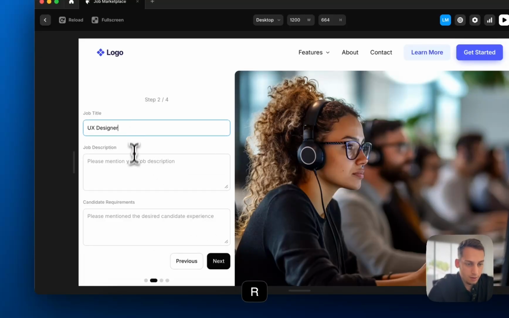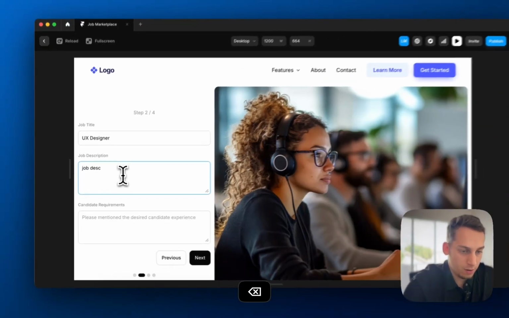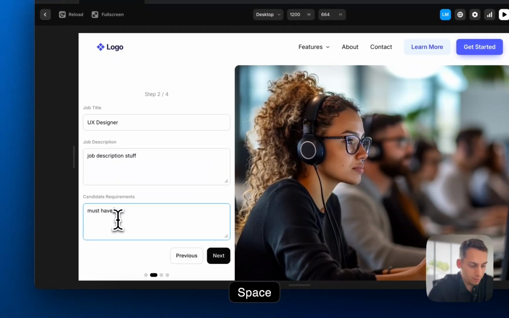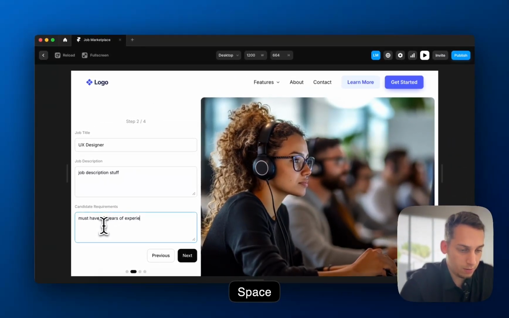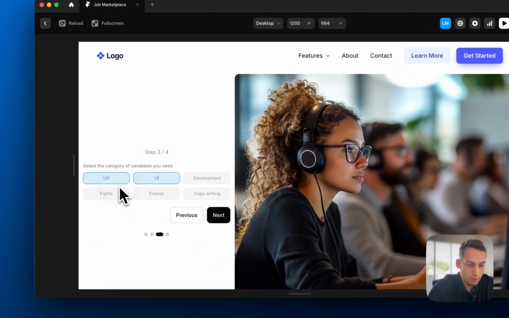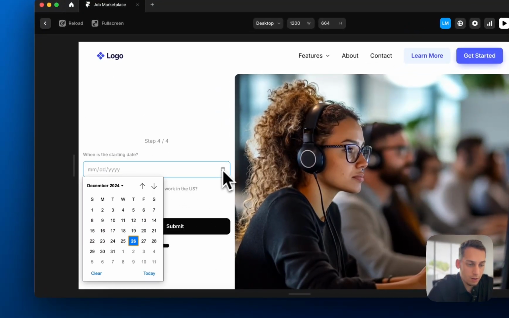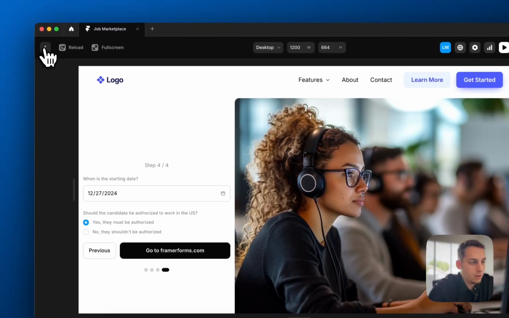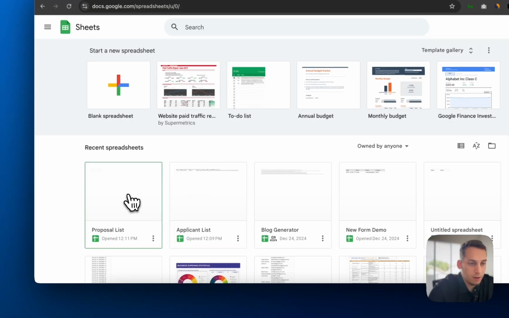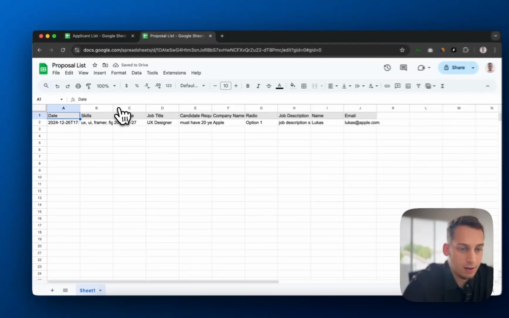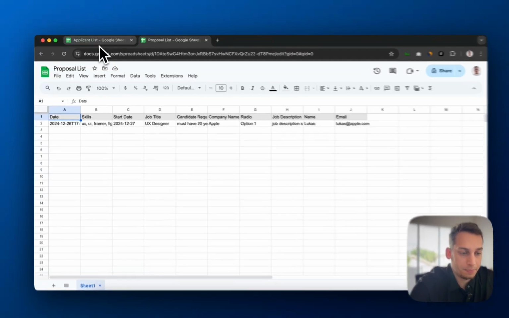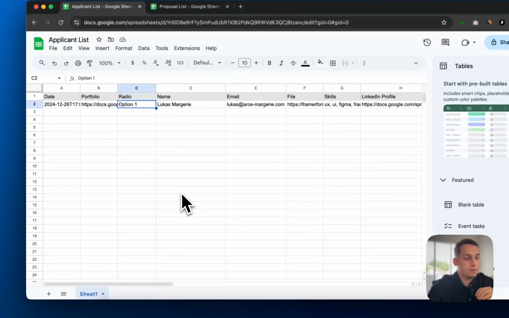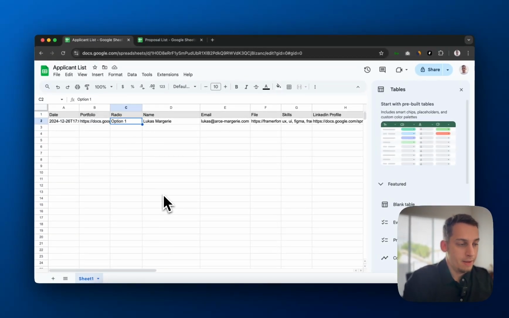UX designer, job description, stuff, must have 20 years of experience. Next, let's choose the different categories. Starting date would be tomorrow, and submit. Okay, now we got that. Let's go here to proposal list, and now we can see that it creates new title fields, right? So we got these two lists, and now what we want to do is we want to be able to bring them into